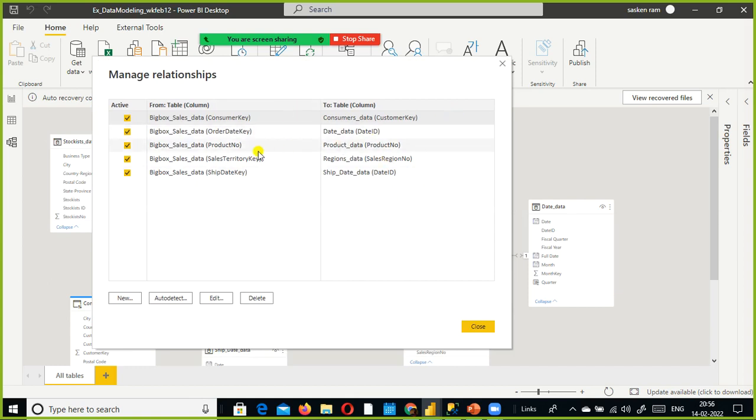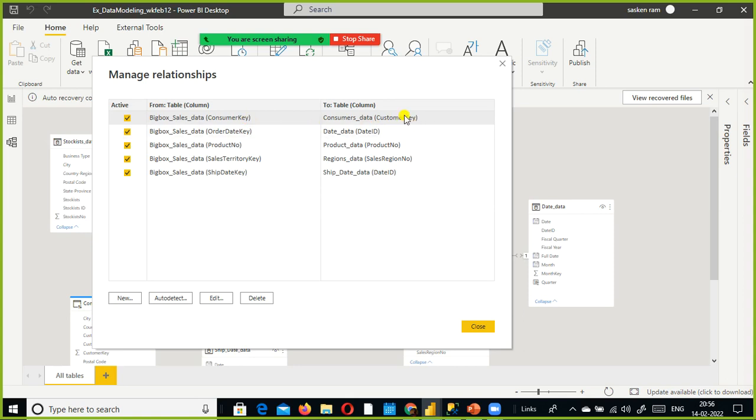See, in this case, what happened? If you notice here, date ID and order date key. Look here, first we will see this one, customer key and customer key. How does Power BI detect the relationship between the tables automatically? If the column names are the same. Supposing this is a fact table, as I told you, the fact table will have the combination of all the dimension table keys in it, but the consumer key and customer key, right, the column names are different here. Only when the column names are the same, supposing here you have something called consumer key and here also consumer key, it automatically detects the relationship between these two tables.